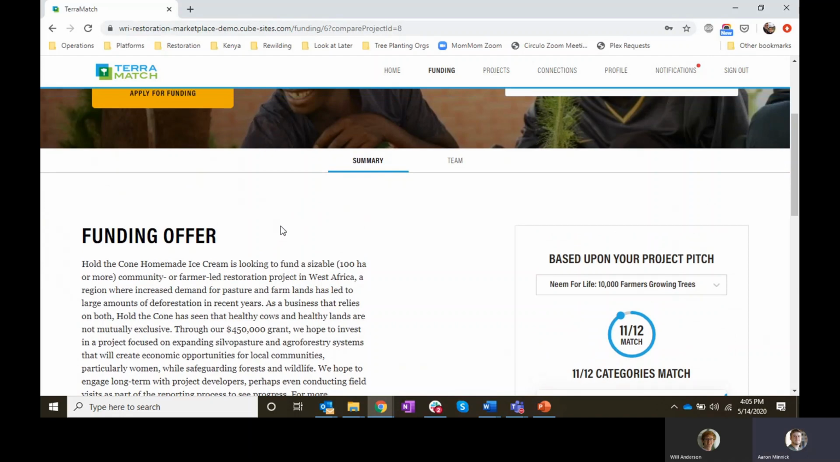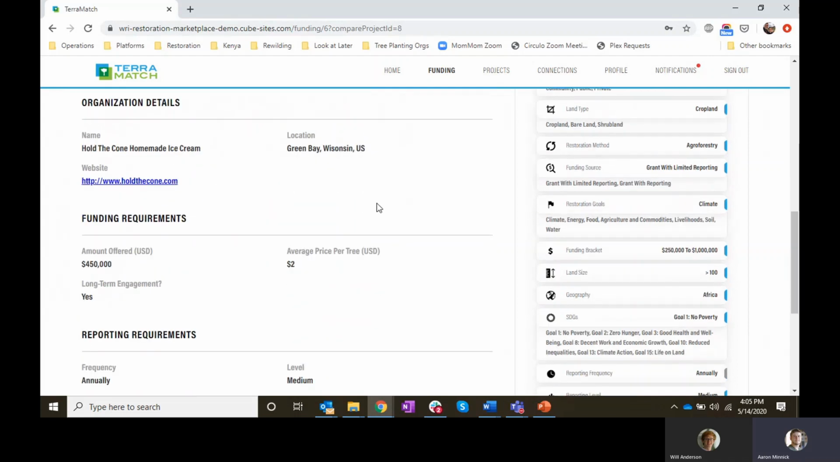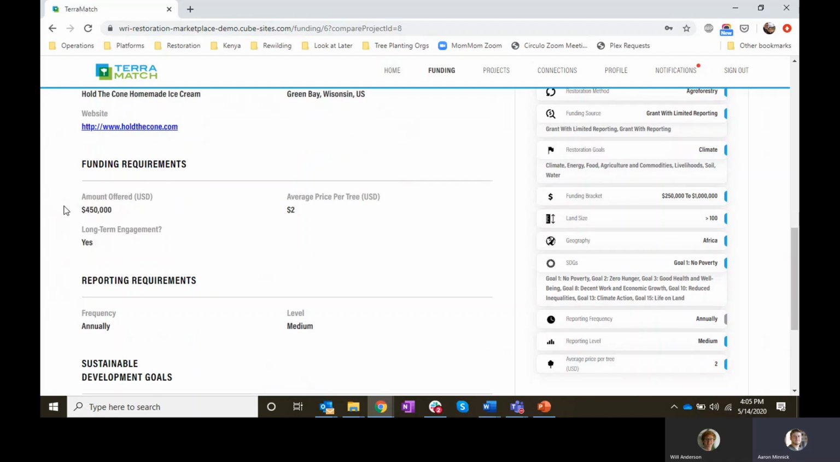The funding offer profile is similar to the project profile, but a little more simplified. We have a space where there can be a narrative for the project itself, calling out what the funder is hoping to achieve through this project or through this fund. We have information on the organization, as well as the amount of money they are looking to invest in this,